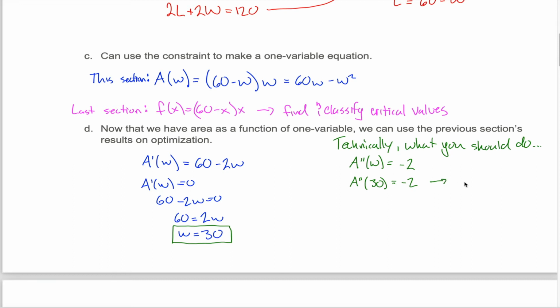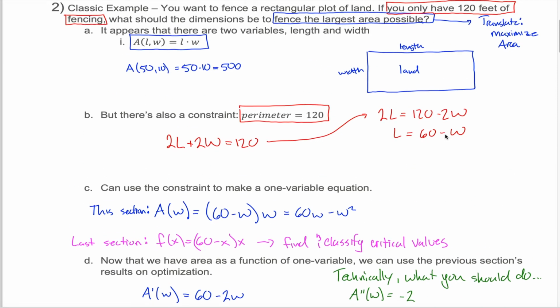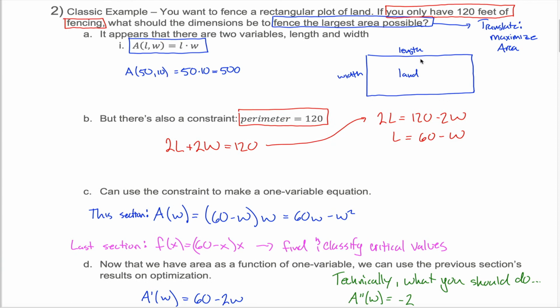What that tells me is that my function is concave down at this point. So you're kind of picturing a graph that looks like this. At a point where the graph is concave down is a local maximum. And I guess really we shouldn't stop here, because this problem technically has endpoints also, right? We can't make the width of our fence any less than 0. Nor can we make the width of our fence any more than 60, because if we did, our length would